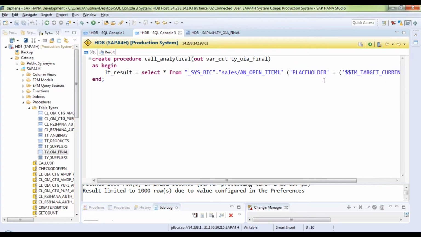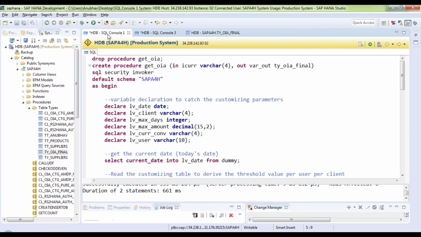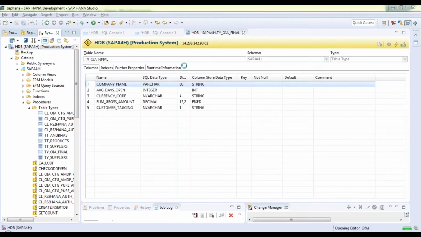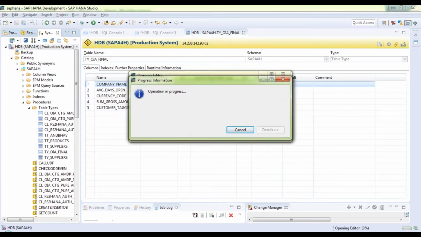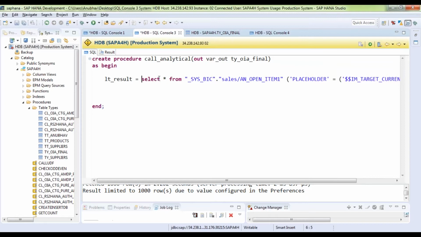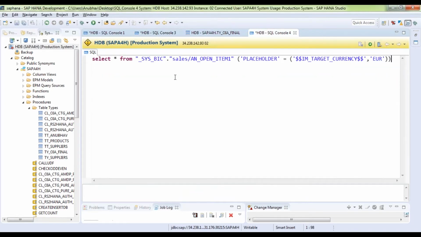From an analytical view, and remember we had already applied the currency conversion in the analytical view directly. Now, this view gives me a lot of fields, like you already saw in the console. Let me quickly show you the response from this analytical view once again. It was giving me multiple fields as an output, but I want only a few of them.